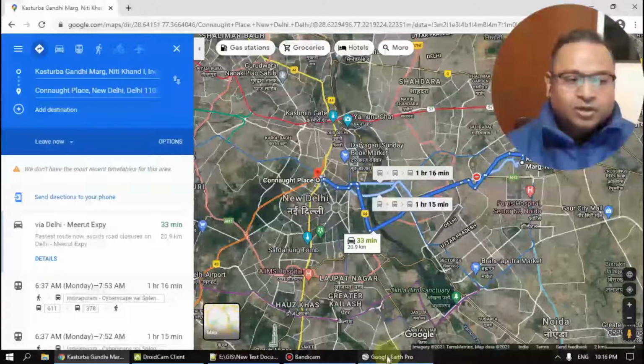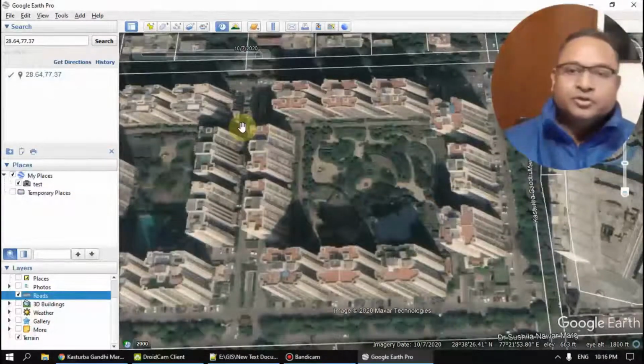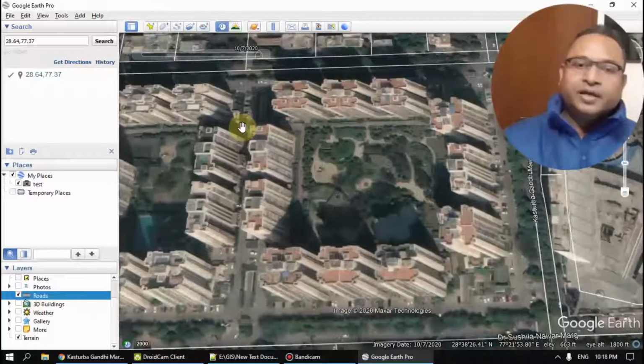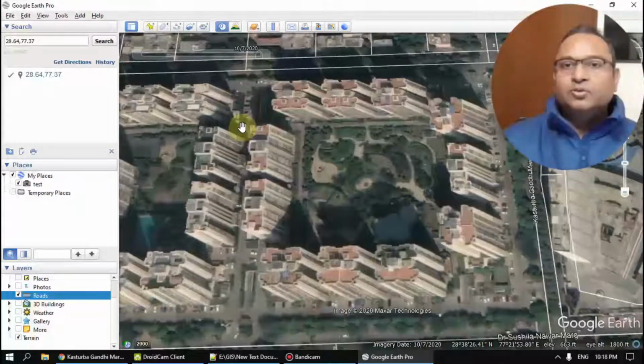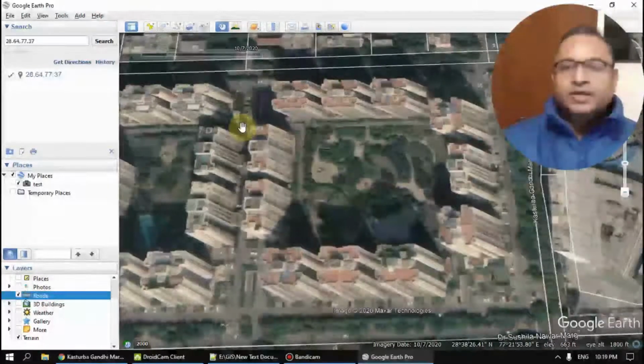And the second one, through Google Earth Pro, I tried to demonstrate how you can visualize things of the past. Okay guys, similarly there are a number of GIS tools available, commercial or non-commercial, used for a number of applications. So let's have a look at GIS tools in the next slide.